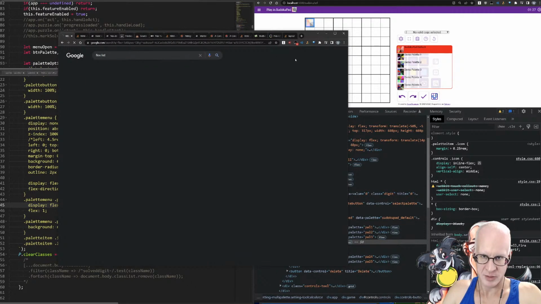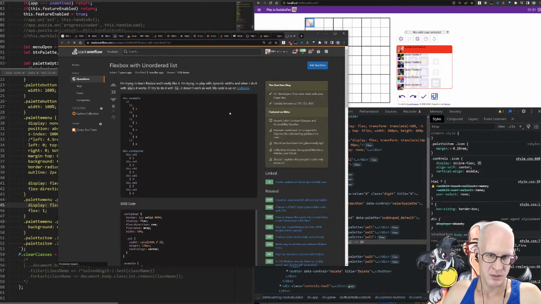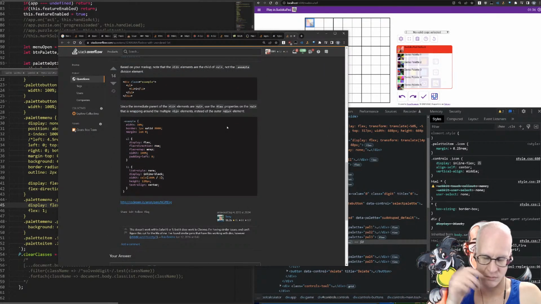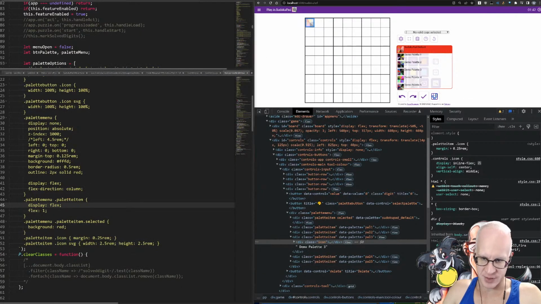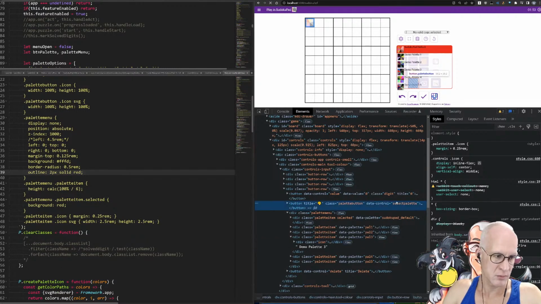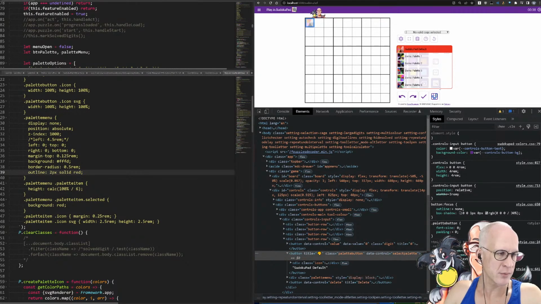Flex list. I want a list of items. Typical use case for Flexbox. I mean, I can do height 100% divided by 3. Height. Well, 100% divided by what? 6. And then I don't need this. But it seems like this is exactly what Flexbox is supposed to be for, and then it's such a pain in the butt. Anyway,